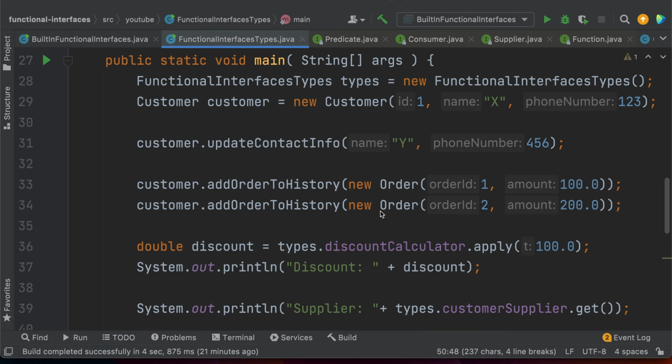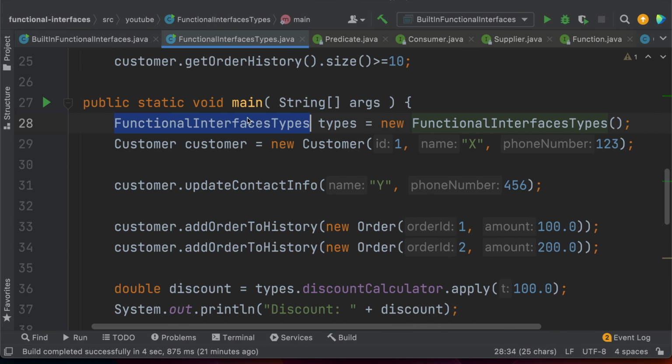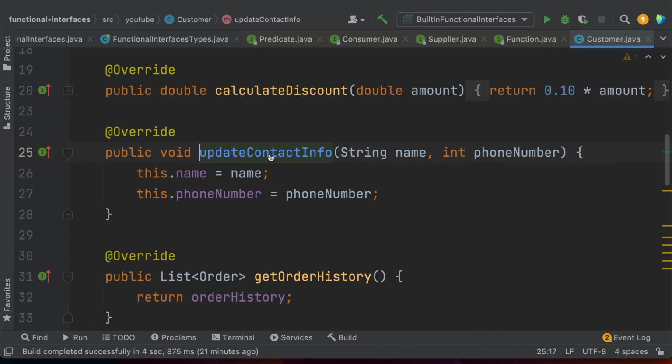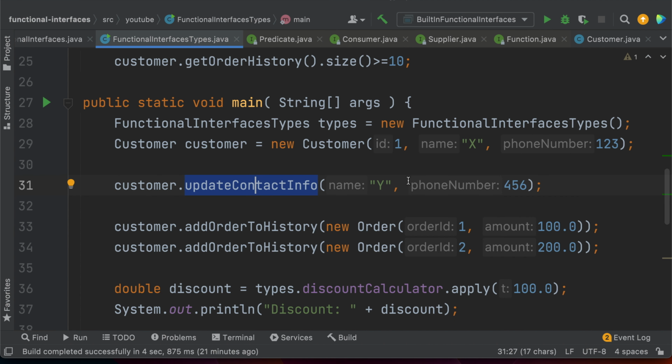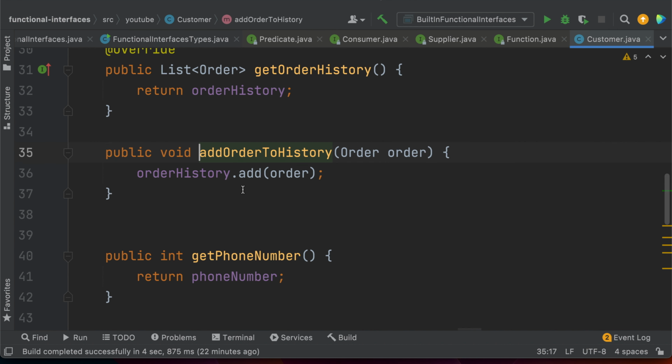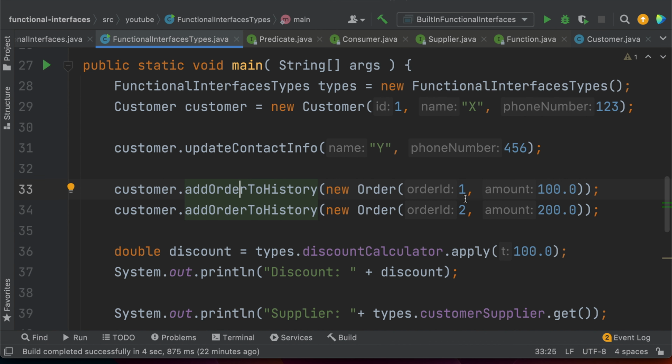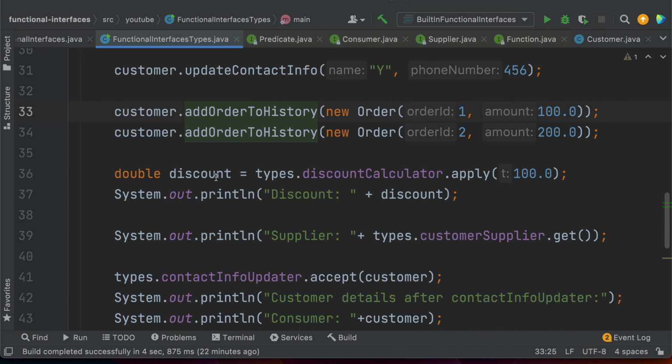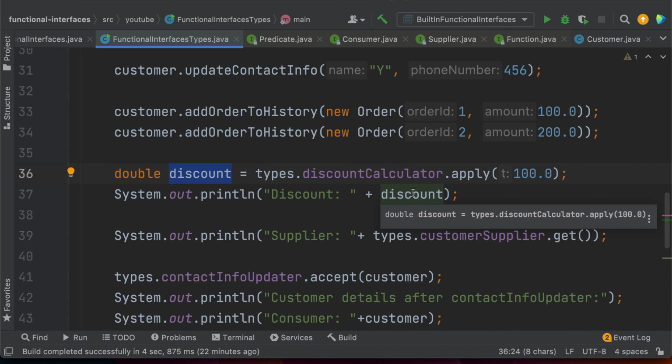Okay, fine. So what I'm trying to do is I just created this object for the functional interfaces. I created a customer object, and I'm invoking this update contact info here, right? And apart from this, I'm adding some data to this customer by using this add order history, right? So one and two orders and some data, and after that I'm calling the discount calculator,